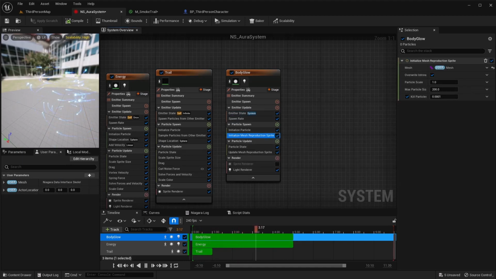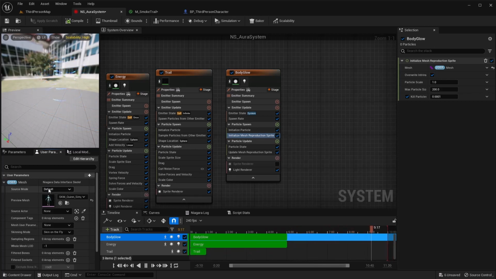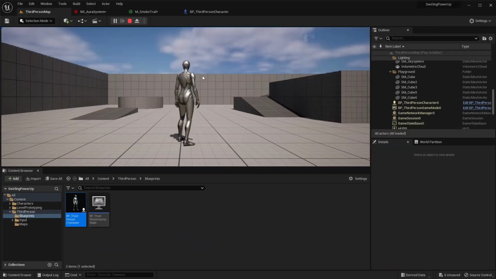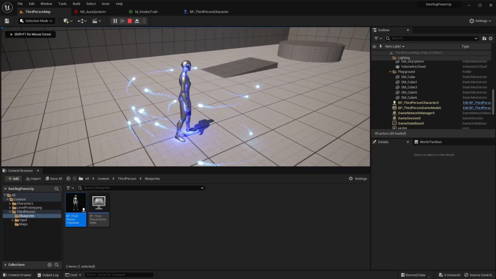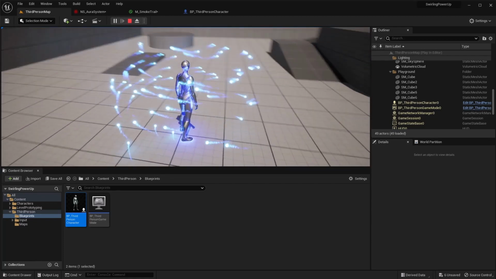The mesh. Oh, if you get the CPU access error, do fix now. That hopefully, I think, should fix it. So now we see the light glowing on me. I kind of went with this darker blue light.